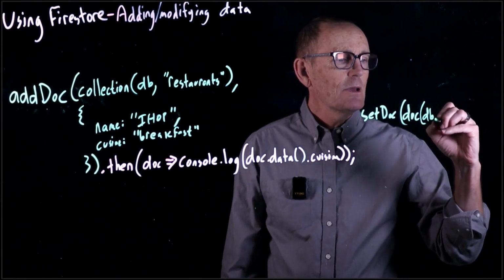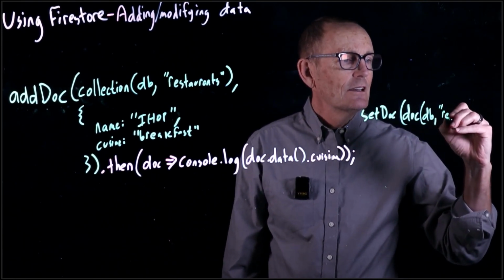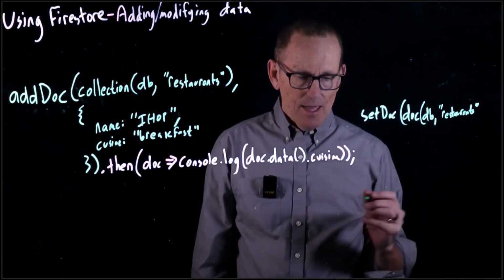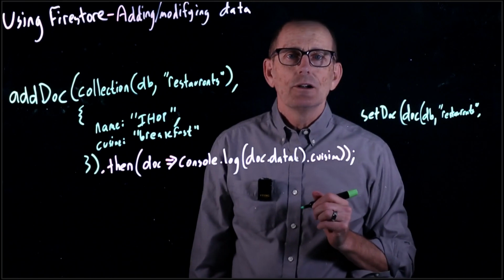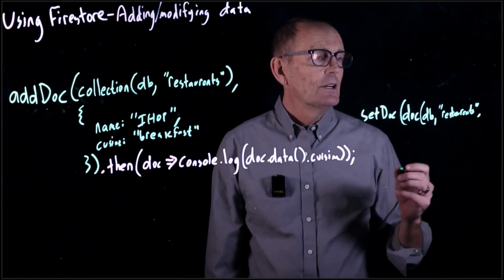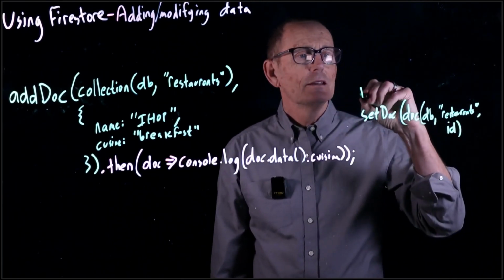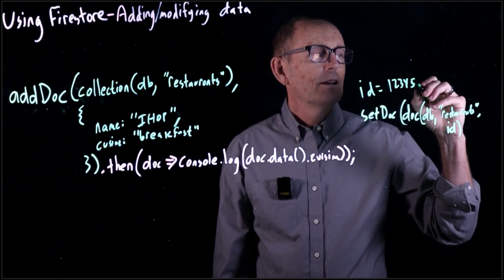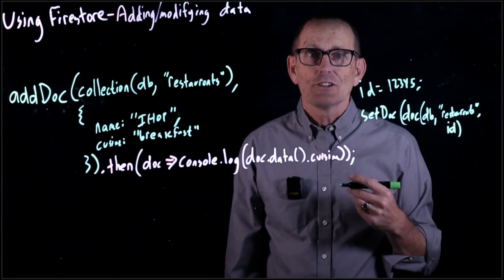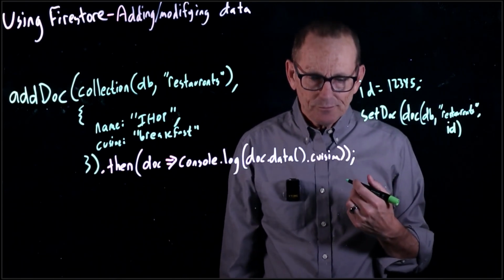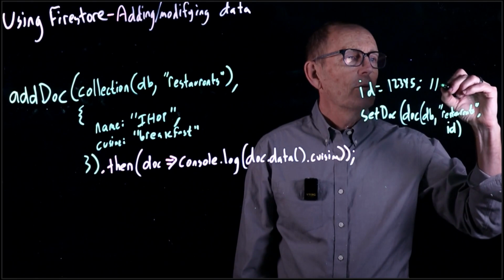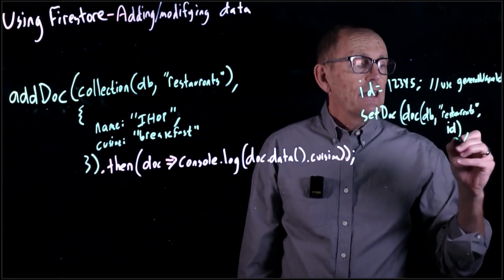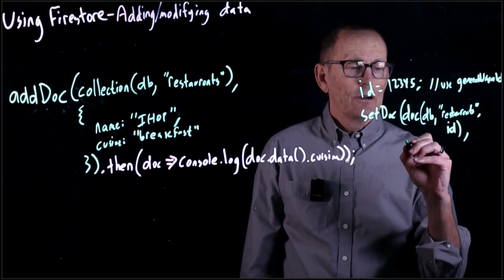So for setDoc, we use a document reference, and doc is the function that creates a document reference. It'll take our database. It'll take our top-level collection name. And then it'll also take our ID for this document. Let's say we had an ID, ID equals 1, 2, 3, 4, 5 or something. Really, we wouldn't use this. We would actually generate some unique ID. Instead, maybe we really want to use a generate unique ID function. And then, again, we provide our document